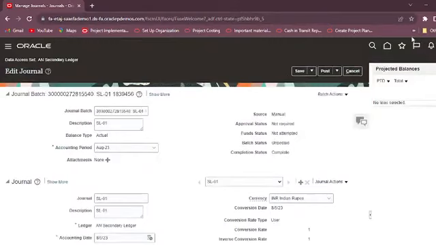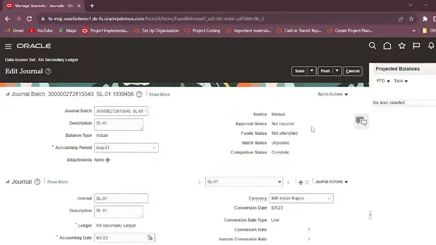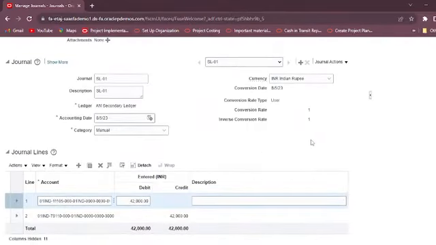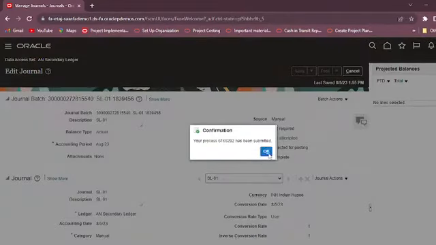And only this user has right to post this or not. Currently you can see the status as unposted. Now you have to open this journal, and if you wish to post this journal, then you have to click on this post tab and it will be posted.